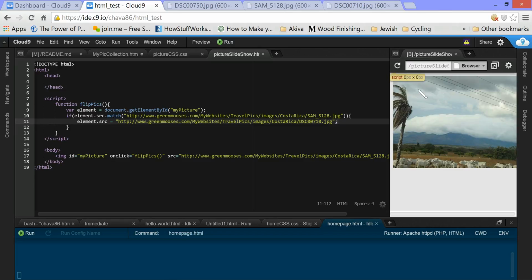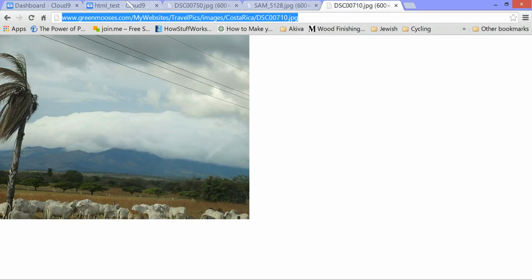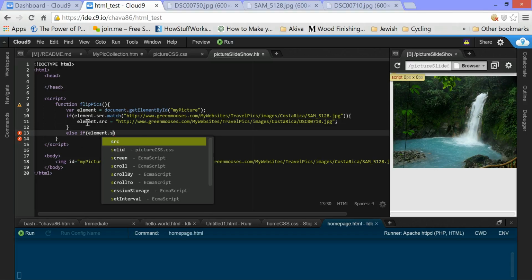And there we go. But right now, all it does is it just clicks once. Let's go ahead and refresh that again. So when you open the page, this is what you'll get. So right now we have it just changing once. But let's say we have another picture. We have 3 pictures here that we've selected. So we're going to say else if. So that means if it's not this one, if it's something else specific. So else if the element's source